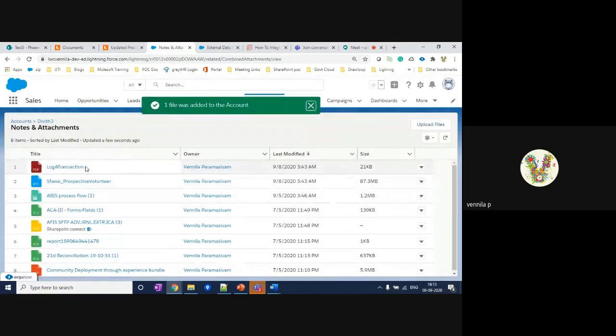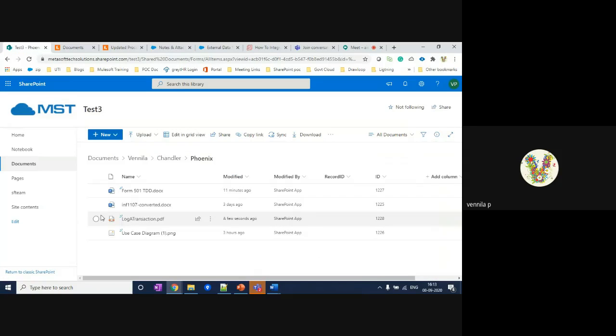The file has been uploaded, and in a second, look here, the file is automatically uploaded into SharePoint. We have written some REST API class so that whenever a document is uploaded to the ContentVersion object, it automatically moves to the SharePoint folder.